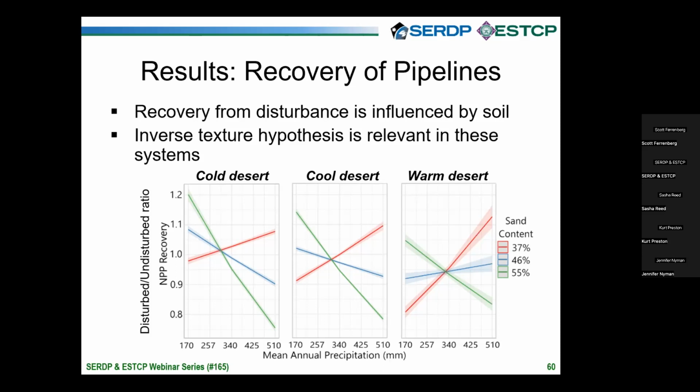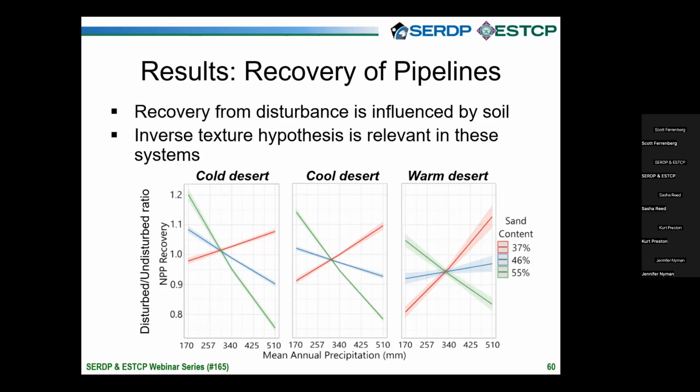So if the value is above 1, it means the disturbed areas have more productivity than the undisturbed natural area nearby. And if it goes below, it means that undisturbed natural area has higher productivity than the disturbed, right? That's the ratio. We're looking at productivity recovered, and you can see that in the cold, cool, and warm deserts,